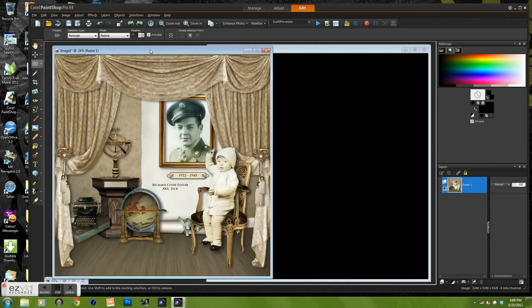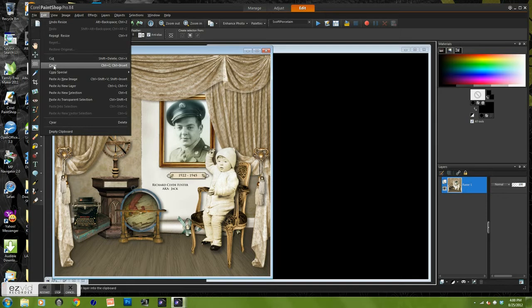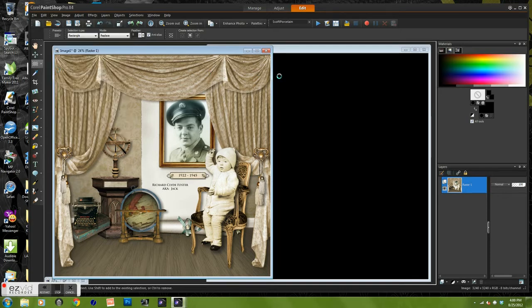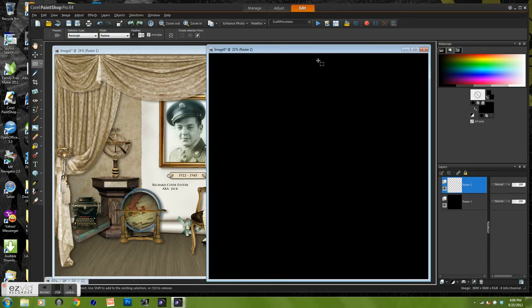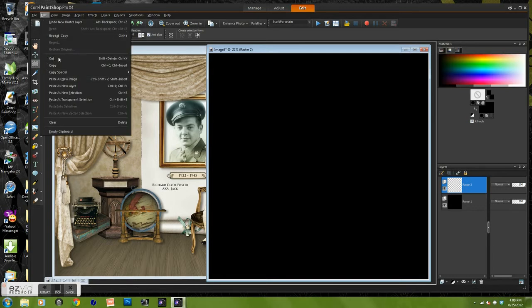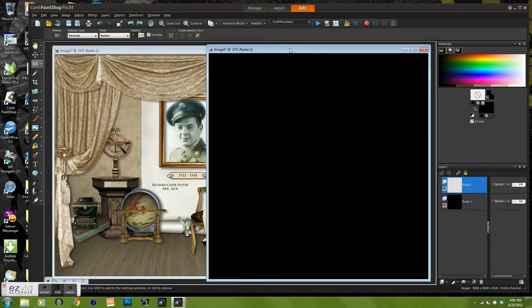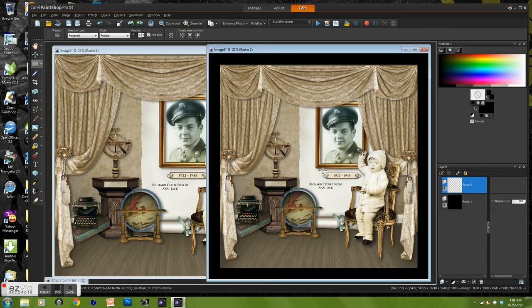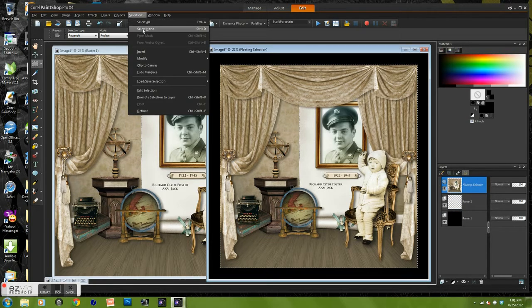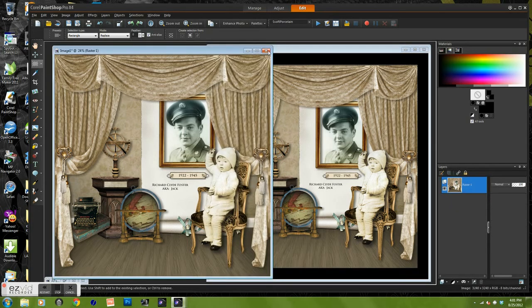Now it resized my layer, so I'm going to keep it active. I want to do Edit, Copy, then come to my other window, and you can either use Edit, paste as new layer, or new selection. What I'm going to do is use my keyboard Control E, and it pastes it right in the center. Select None. I can now close the original layout,